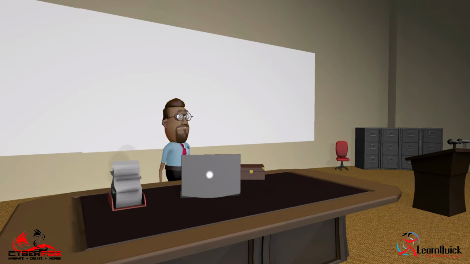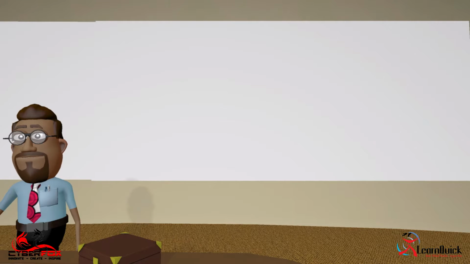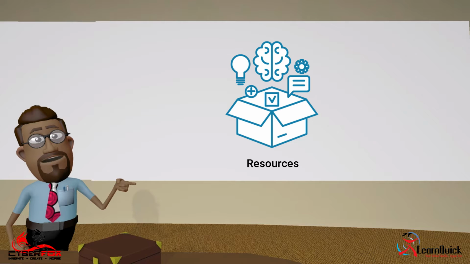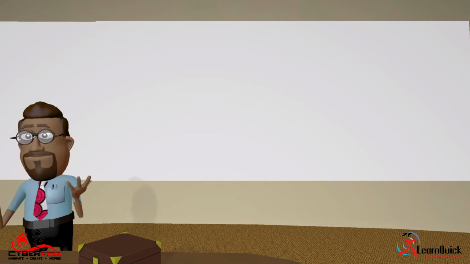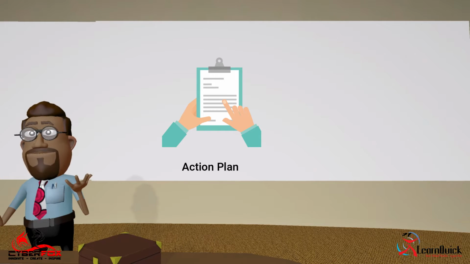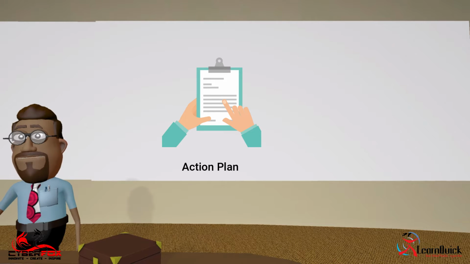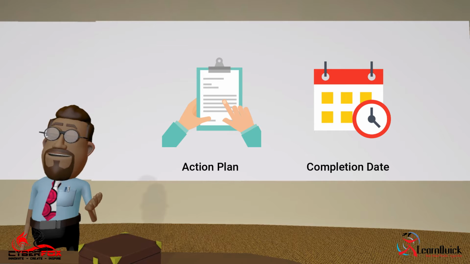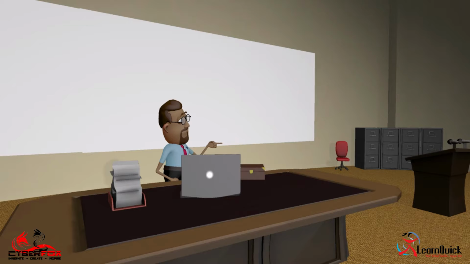Let's start off by looking into the actions that need to be taken when planning a new venture. Starting a business needs you to plan in detail what resources you will need in order to start a business. In order for you to make sure that everything goes according to plan, one must develop an action plan. The action plan should list all the things that you need to do and the dates by which certain tasks should be completed. This helps you identify the important things, and in turn, you will not be wasting time on